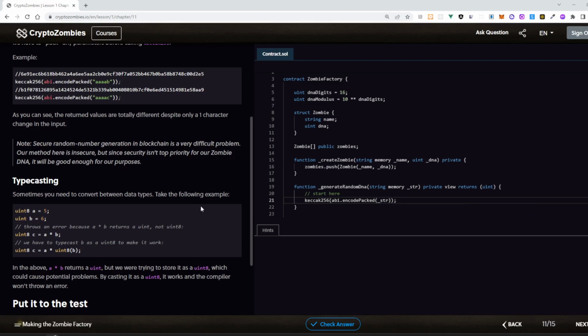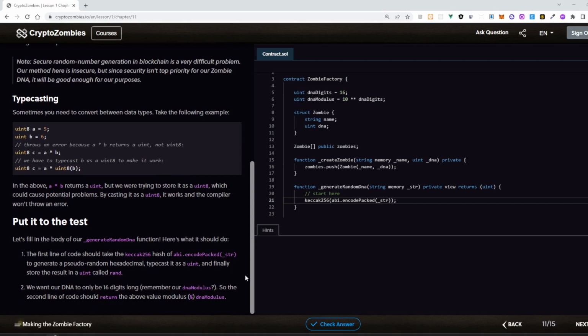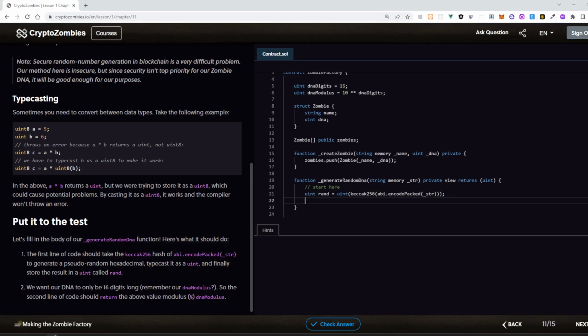So we typecast it to uint and finally store it in the rand variable. Okay,